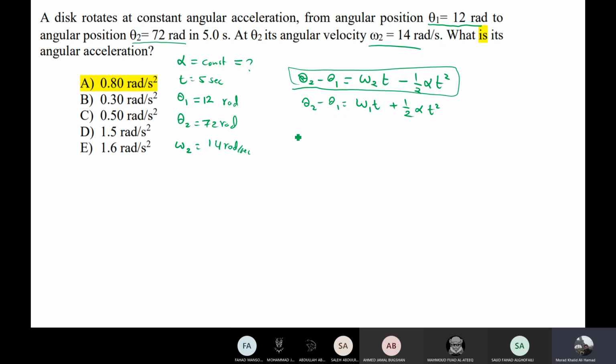We have 72 minus 12 equals 14 times t, which is 5 seconds, minus 1/2 alpha 5 squared. Just rearrange this one. You get alpha equal to